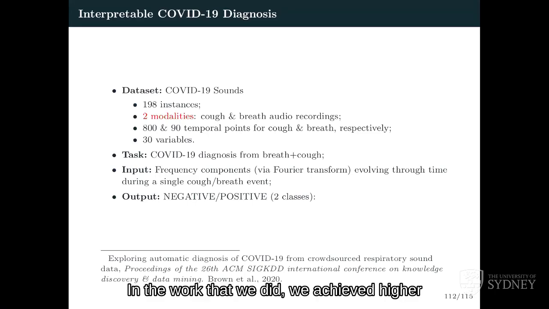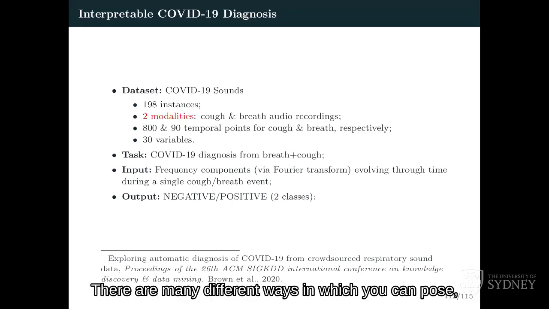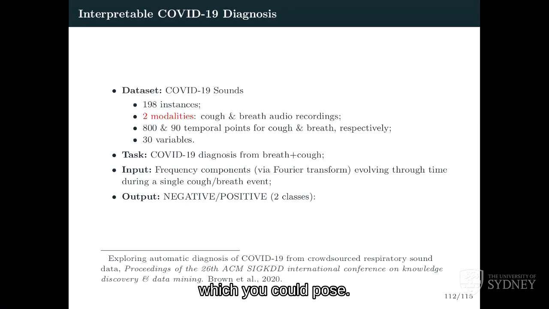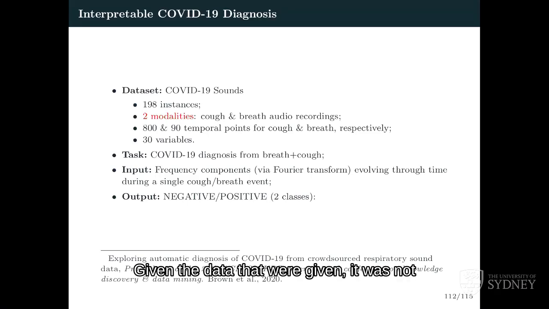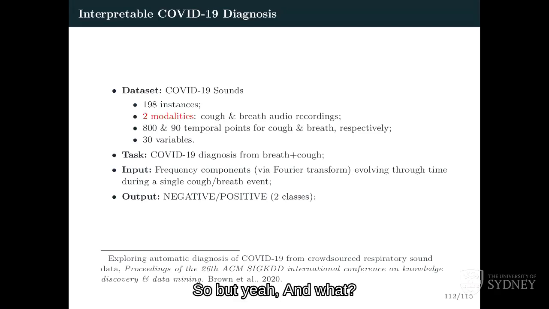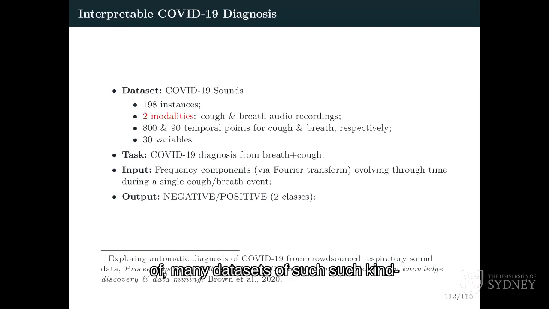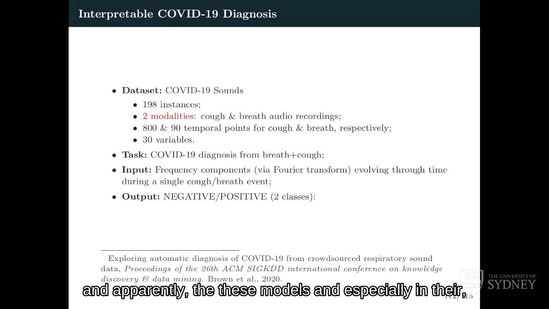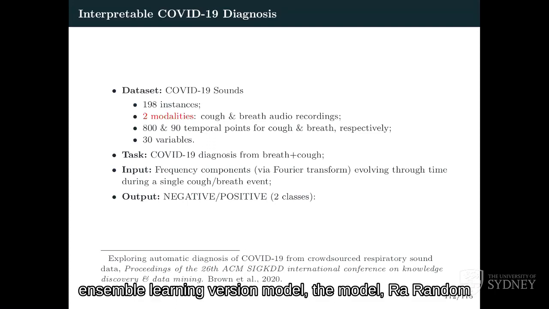In the work that we did, we achieved high accuracies, around 95 or higher. But there are many different ways in which you could pose this problem given the data that we were given. It was not just one data set. I'm taking a specific data set where, for example, the negatives are non-smokers and have no asthma. But all I'm saying is this is just one out of many data sets of such kind, and apparently these models, especially in their ensemble learning version, random forests,